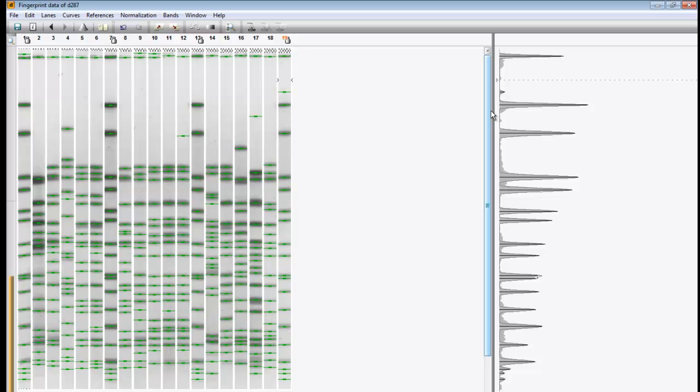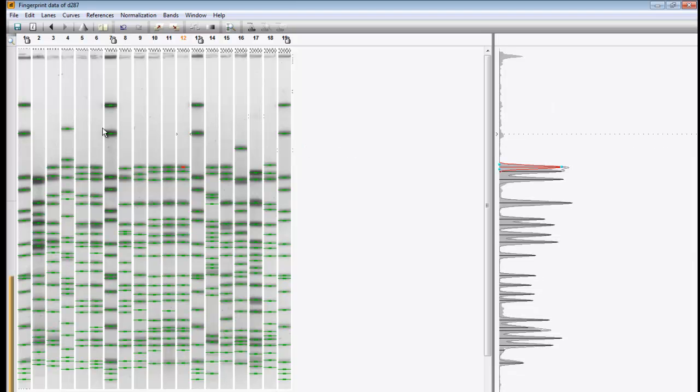If needed, band assignments can still be modified manually. For example, I can remove individual bands. And using the Shift key, I can remove groups of bands. At any position, I can insert a band using the Enter key. This concludes the processing, so we can save the gel file and close the window.